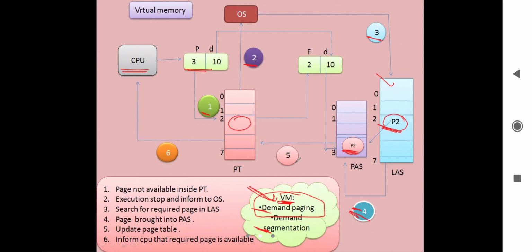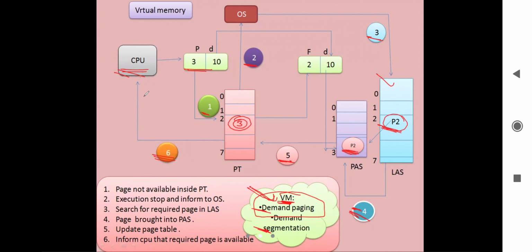In the next step, we update the page table, saying the required page is available inside frame number 3, right? And the next step, inform the CPU that the required page is available.